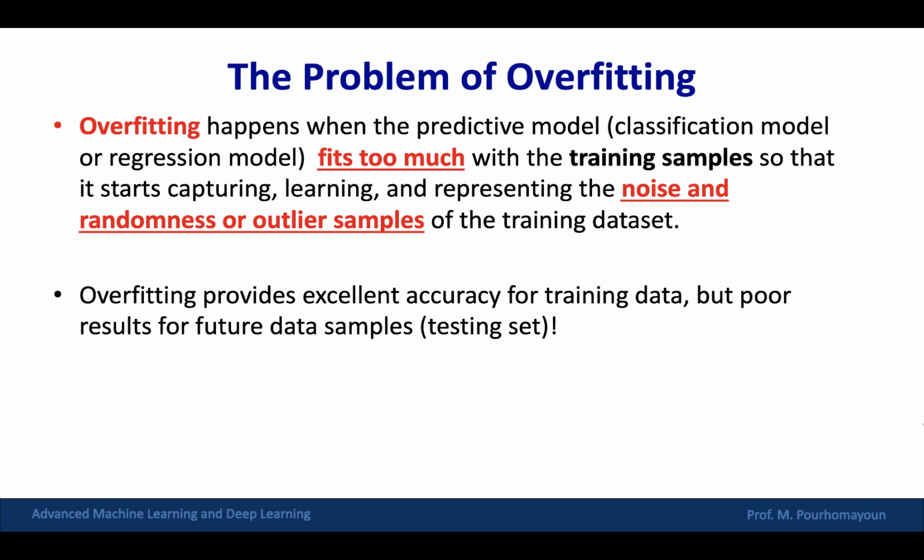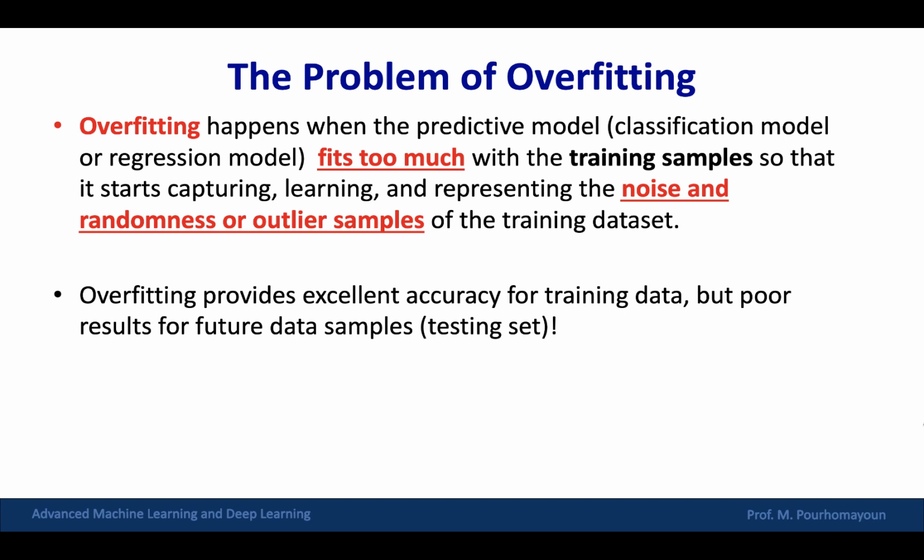Remember that the data set always includes some bad samples, some wrong measurements, some bad data samples, and noise, a lot of noise. Especially if you, for example, collect data from a sensor, it may include a lot of bad data samples. So sometimes it's a bad sensor, sometimes it's a wrong measurement, or sometimes users can generate wrong data, right?